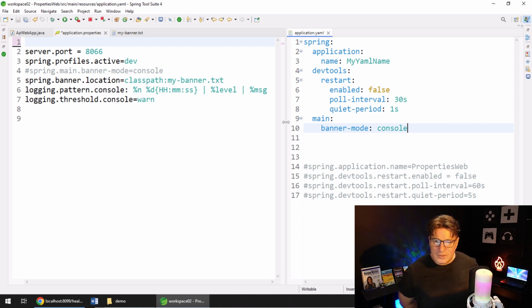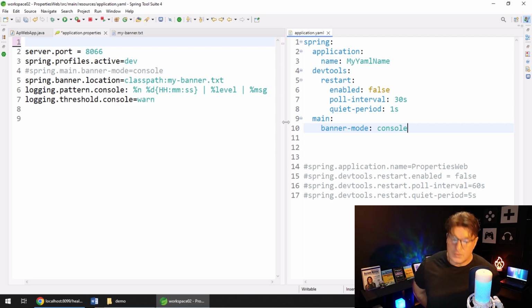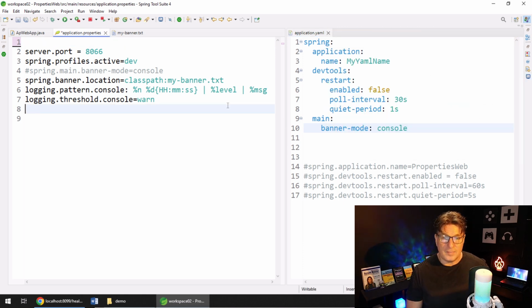Now, you will notice, do we have anything that's conflicting from one side to the other? It looks like it doesn't. By the way, if you have a setting that exists both on the YAML file and in your properties file, the properties file will actually override it. So if I was to come over here and say that the banner mode